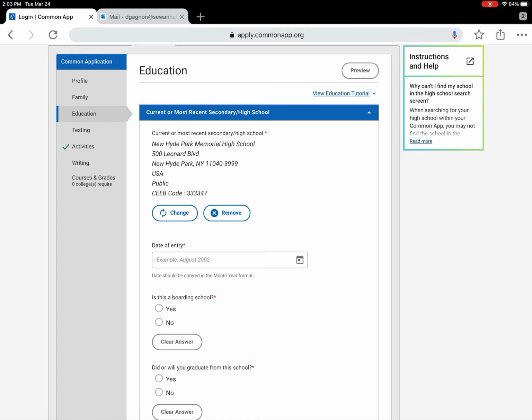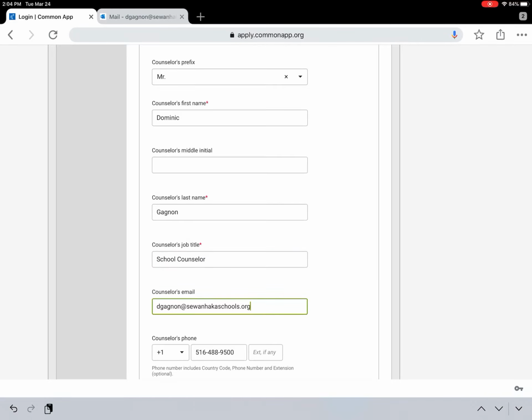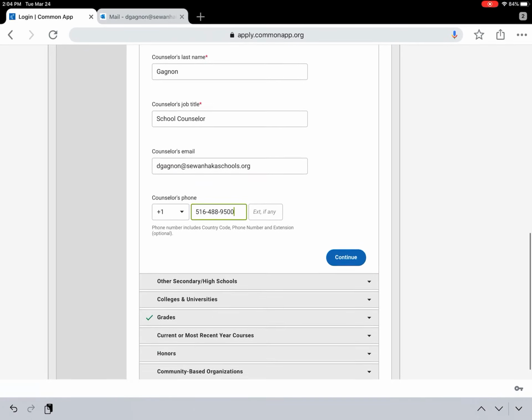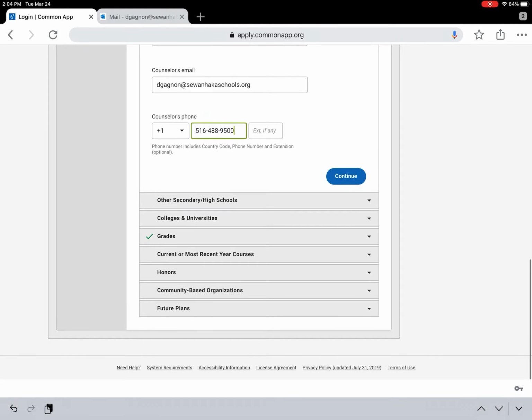I put my information in just for myself. Counselor's first name, counselor's last name, school counselor right here. And then here's my email address, and then here is my phone number as well. When you go down the list,